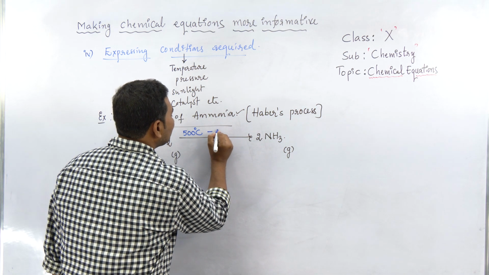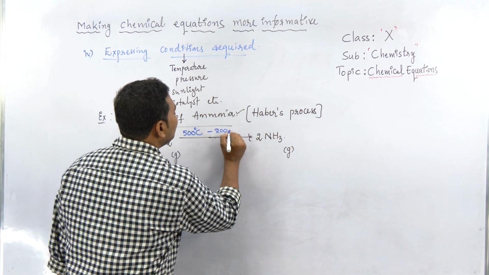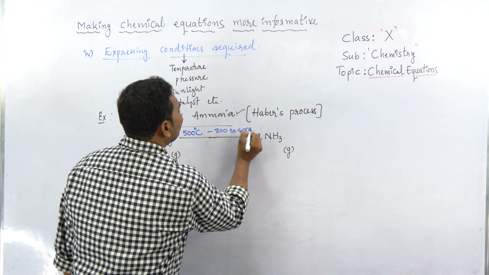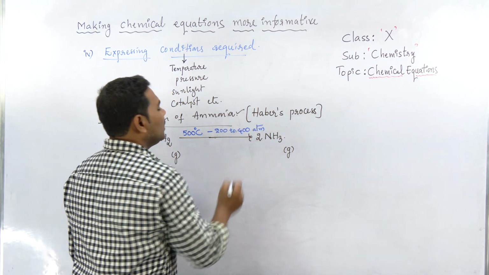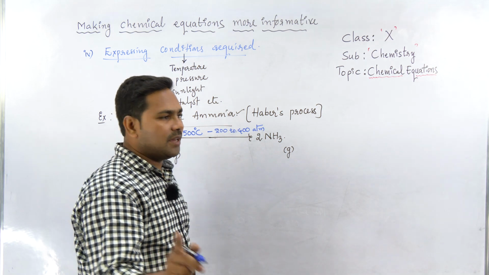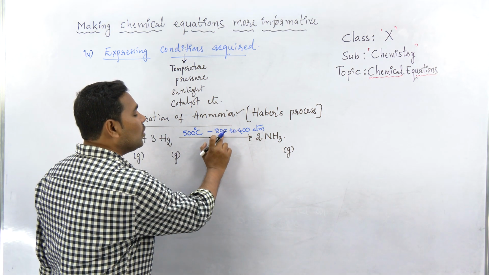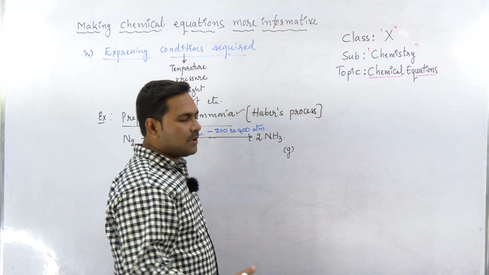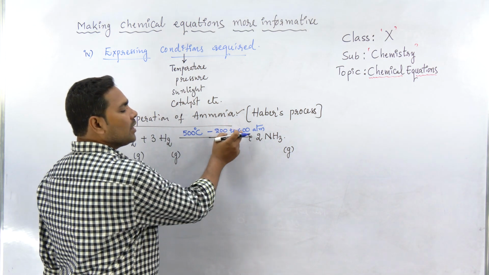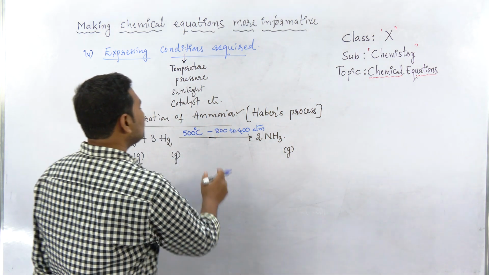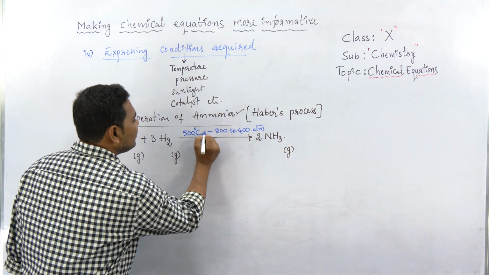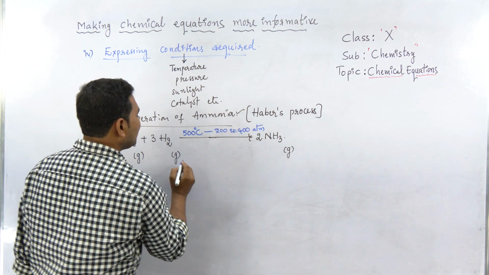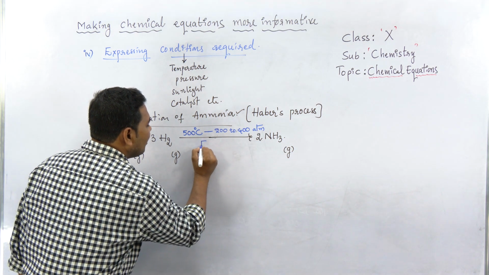the pressure, which is generally 200 to 400 atmosphere pressure. The normal pressure is only 1 atmosphere. But what's the pressure used here? 200 to 400 atmosphere. Compared to normal pressure, the pressure that we use is 200 to 400 times more. So under these conditions, 500 degrees Celsius, 200 to 400 atmosphere pressure, and the presence of a mixture